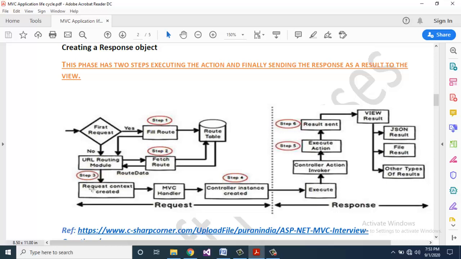Step 3, request context created, and then MVC handler. Then step 4, controller instance created, then execute, then controller action invoked, then execute action. Step 6, result sent. In view, the result can be JSON result, file result, or other types of results.